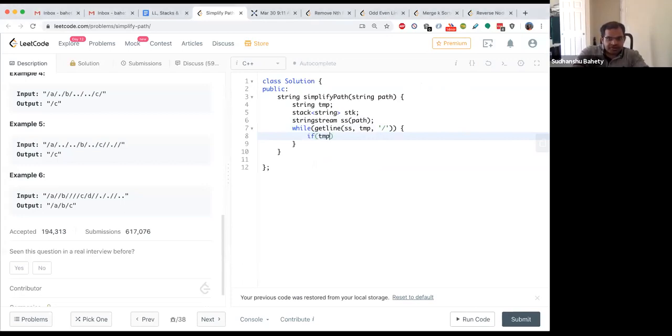So if temp is equal to empty or temp contains a single dot, then you say that okay, there is no path to be optimized, you hit the continue button. Or else if you say if temp is double dot and